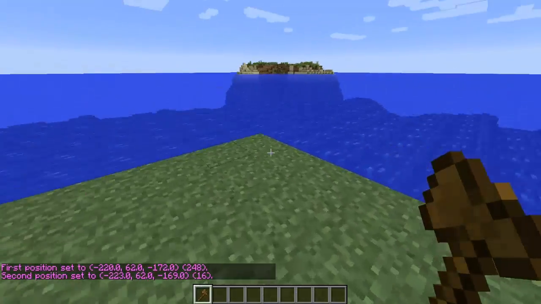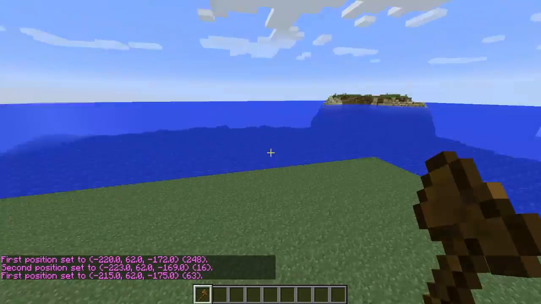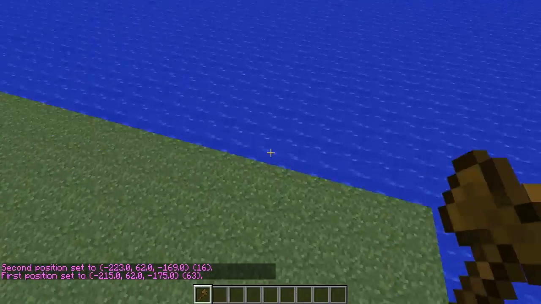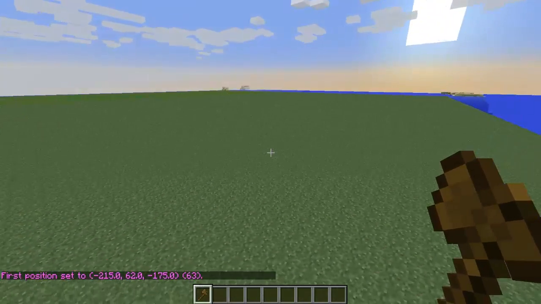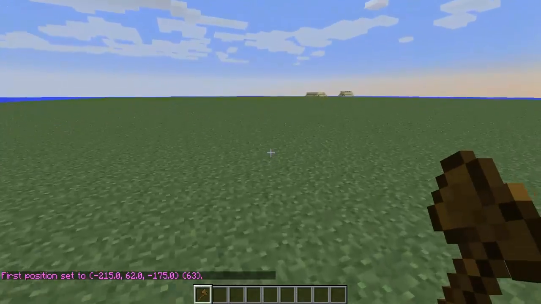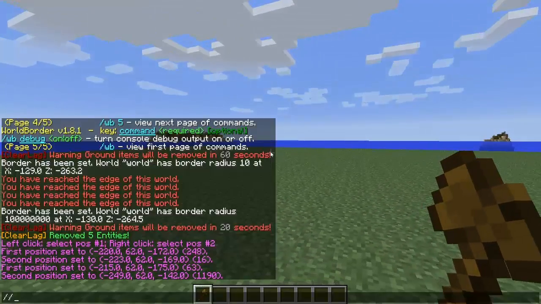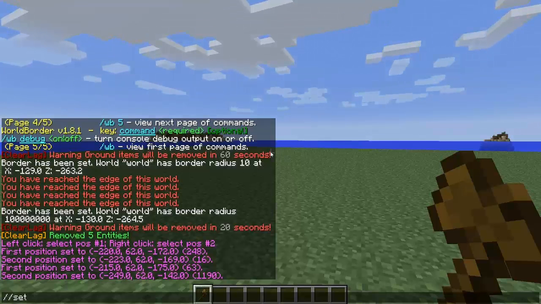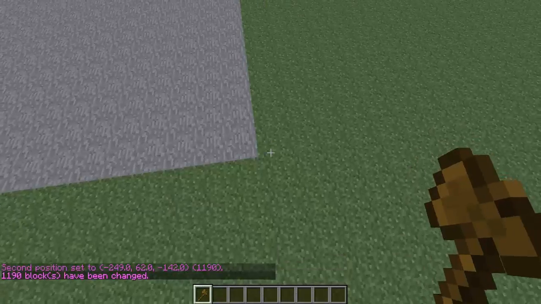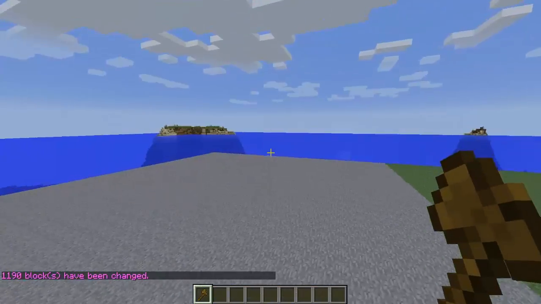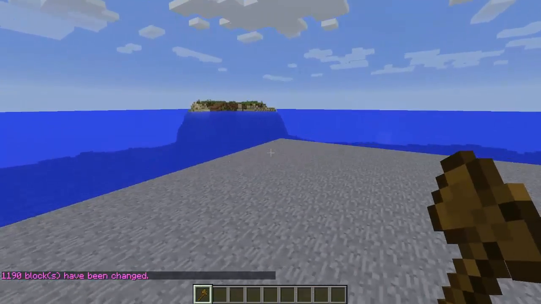So yeah, we're going to quickly change a little bit. So that is left click for first position, you can say, then right click for the second position, then we can do /set stone. Everything in World Edit is a slash command. That does a whole area of stone nice and quick. So you know, this is very expandable.